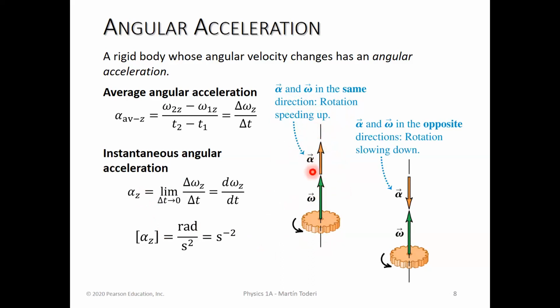So this alpha is contributing to increasing the modulus of omega. And if the vector is pointing the opposite way of omega, then that would mean that the rotation is slowing down, and it makes sense because it will be contributing to the decreasing of that